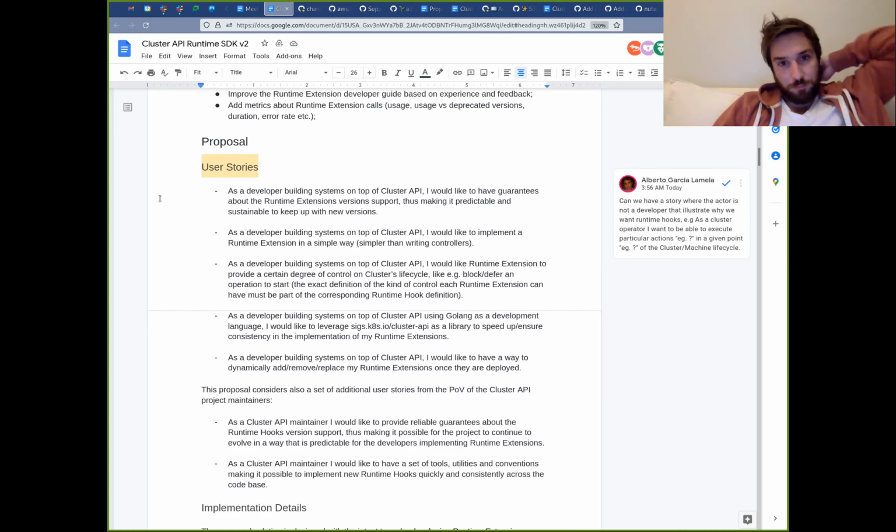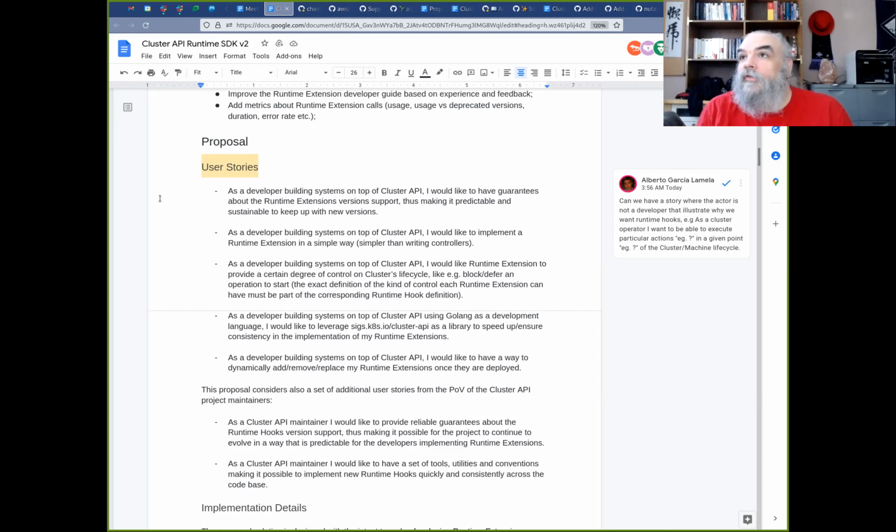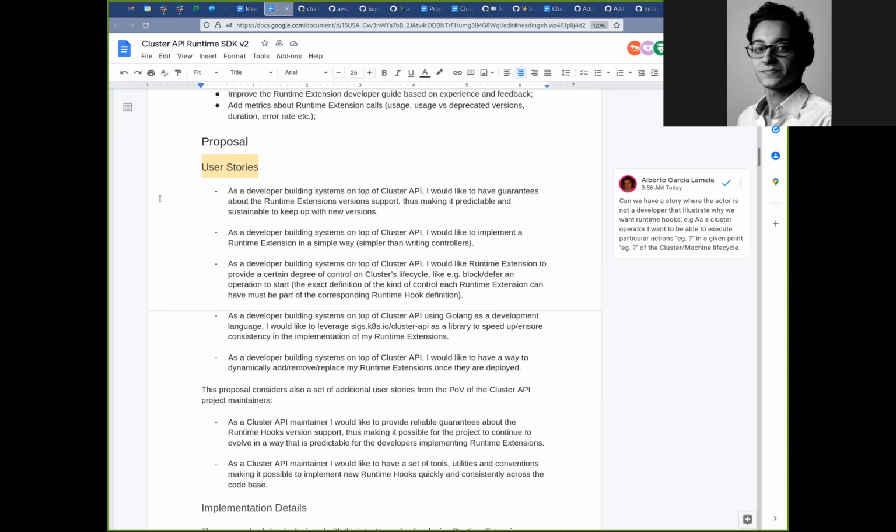Awesome, thanks a lot. Okay, Yassine next, and then Matt after. Yeah, to add to what Fabrizio said, Alberto, one of the other use cases is likely going to be for providers' CPI and CSI migration. As these are going to come up, this can be a powerful hook to actually get our users from in-tree to out-of-tree cloud providers and CSI.